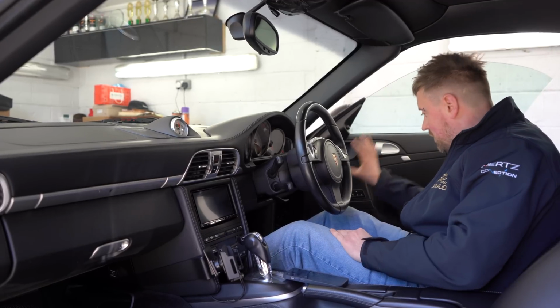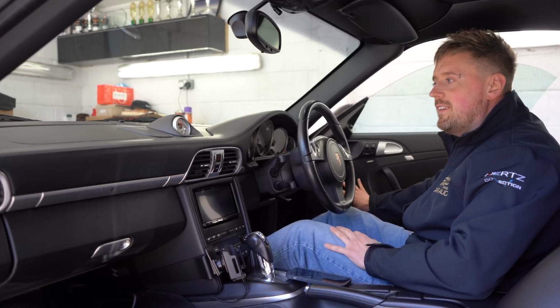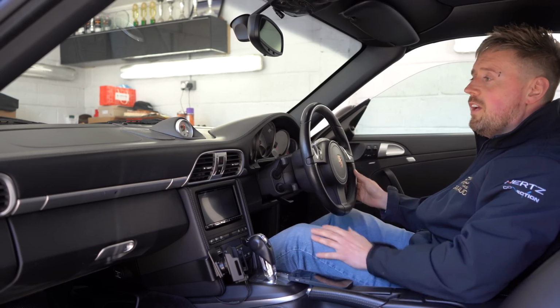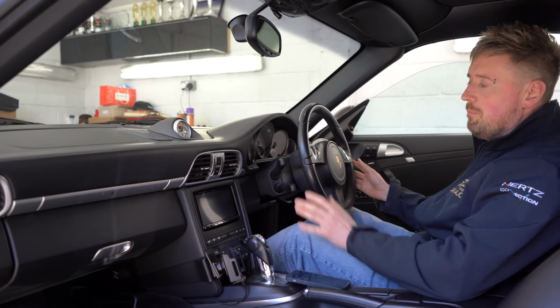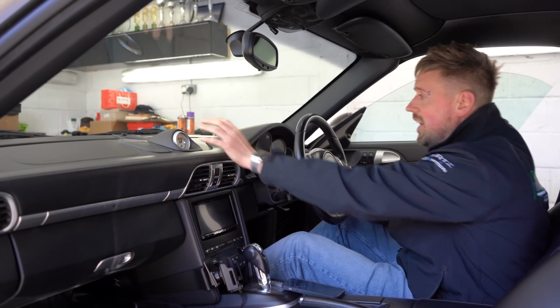rather than the sound coming from the doors, left and right. You can't hear the sound coming from these speakers anymore. It will make it sound like it's coming from inside, across the top of the dashboard. I've heard this car and it is pinpoint perfect. The vocals sound like they're coming by this lap timer in the middle of the dash here, and I can